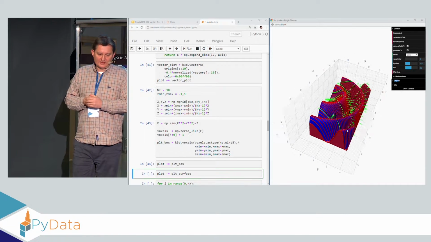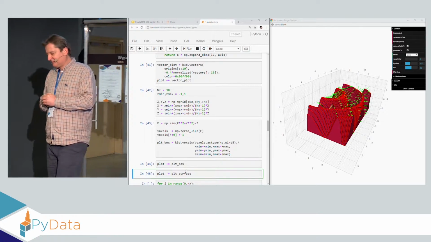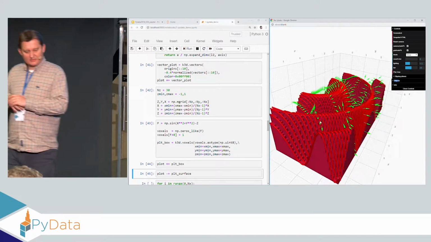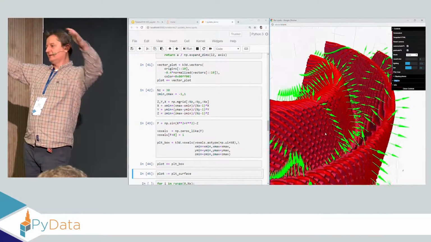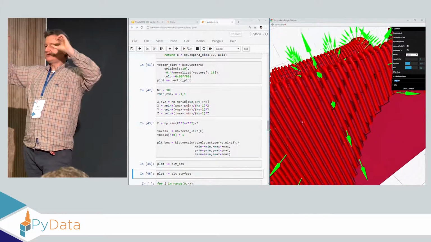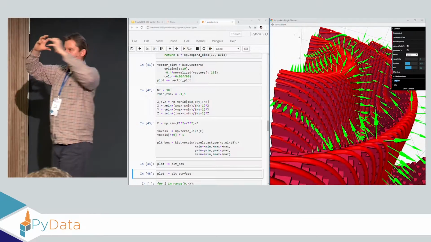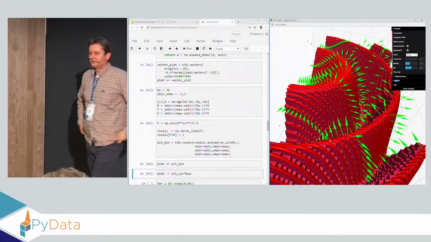So now there's another thing. We can draw boxes. Once you sample a three-dimensional domain, you can imagine that each box, each voxel under the curve, will be marked as a box. And we have facilities for this geometry.